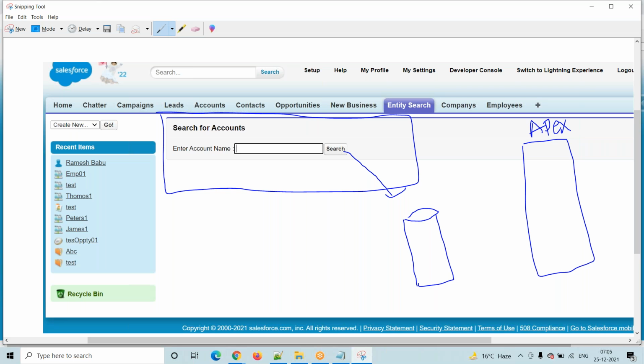From the server, it will search for the Apex class. This is what we call server side, and this is client side.